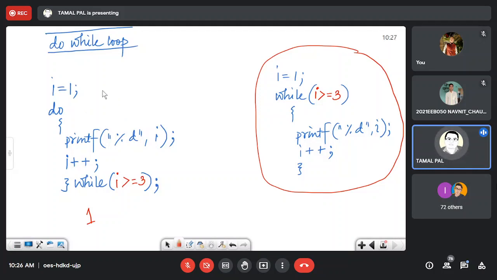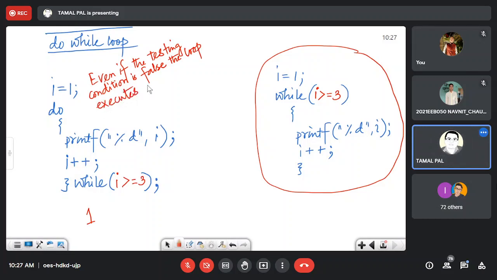So if I write it, even if the testing condition is false, the loop executes once. This feature is not available in while loop.